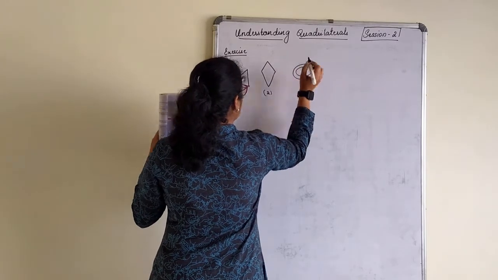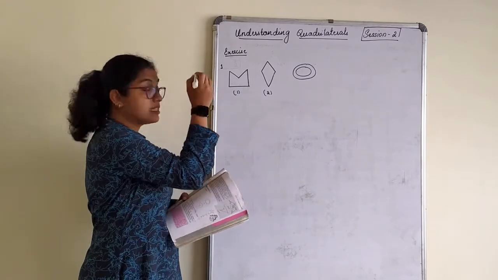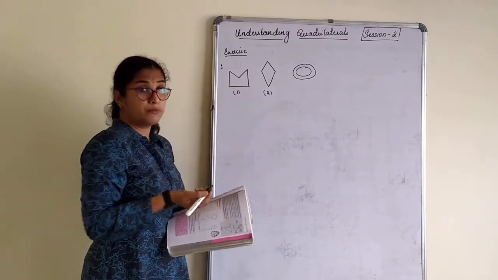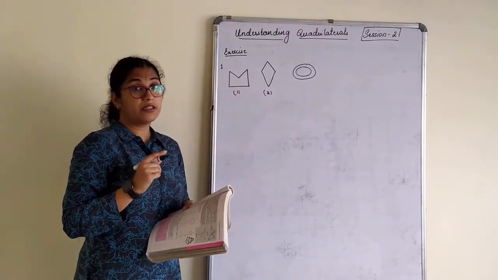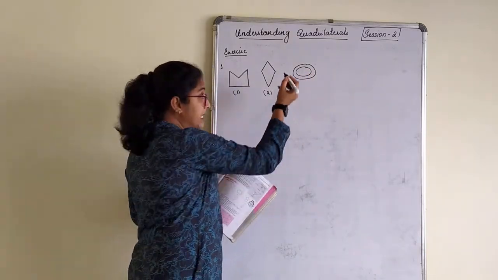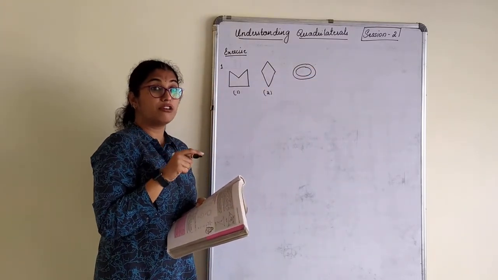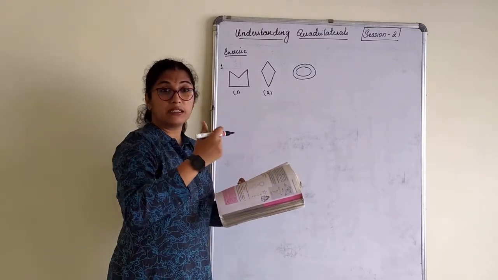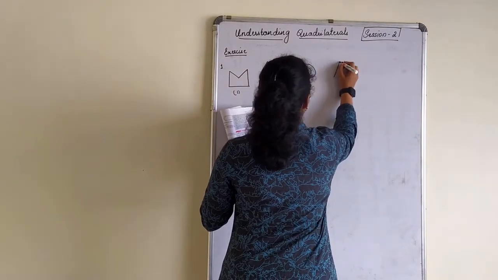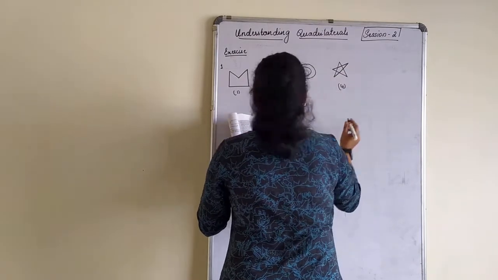Now just see, when you are drawing these figures, you realize the first figure I could draw in a single go without lifting the pen from the board, as well as the second one. But what about the third one? When I was drawing, first I had to draw this, then I had to lift my hand and draw the second one. That gives you a hint whether it comes under a simple curve or not. Look at this third one. It is better you draw it and check so that you have an idea what is actually given.